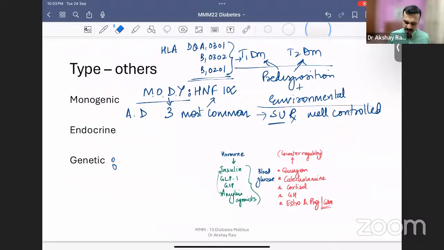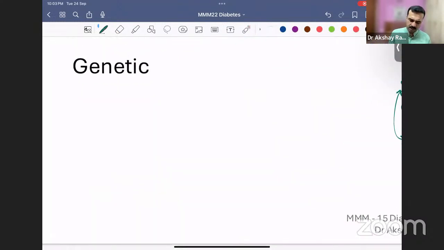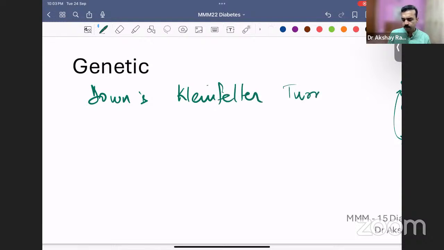Then there are genetic causes. Several genetic syndromes are associated with diabetes. So Downs, Klinefelters, Turners, then all these trinucleotide repeats. Any examples of diseases which occur due to trinucleotide repeats? I'll give you the trinucleotide repeats. You can tell me. GAA trinucleotide repeat leads to